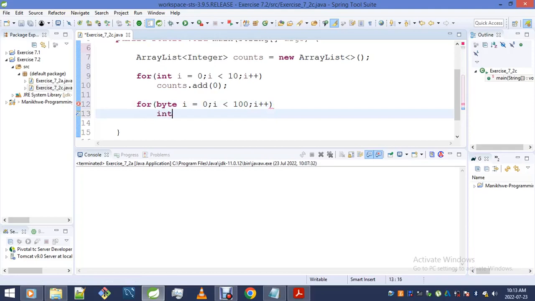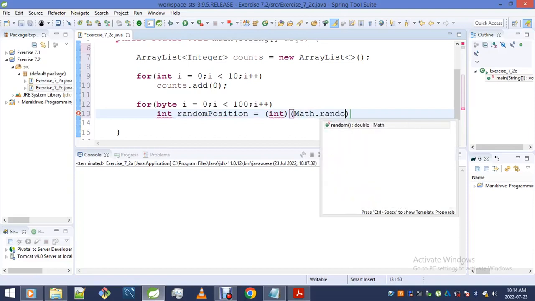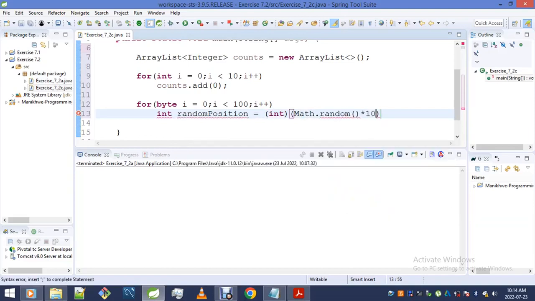Let me go random position is given by int, method random multiply by 10. Now that I do have my random position,